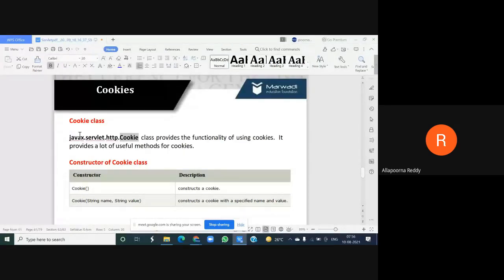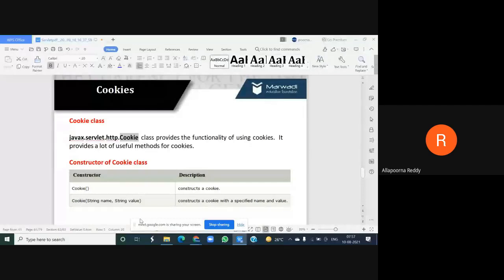And suppose if you want to construct a cookie, right? So I need to call a constructor. I think you know what a constructor is. A constructor is nothing but it has the same name as my class, and is used for different purposes.